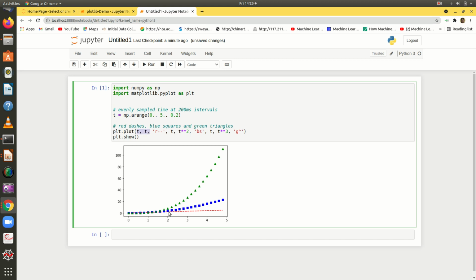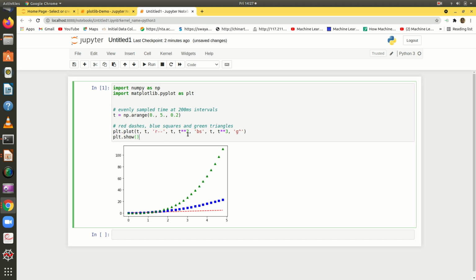So that is why you see this particular red line, right. So t and t, this is the x value and this is the y value, and I am marking it with r hyphen hyphen. So hyphen hyphen is the style, and r is the color with which I want to plot this particular data.